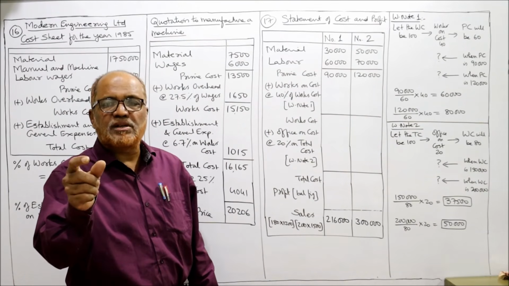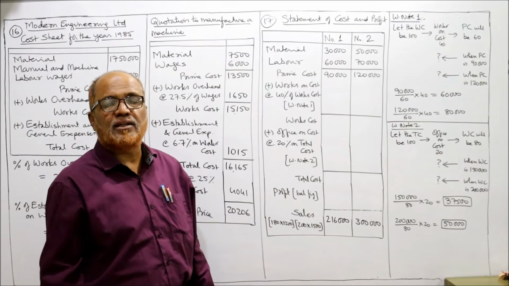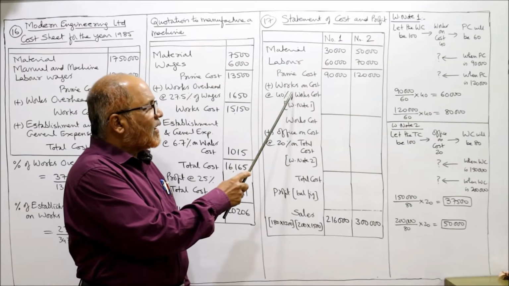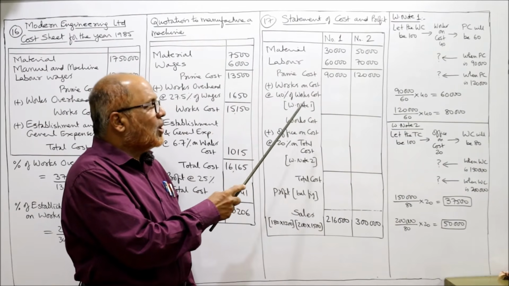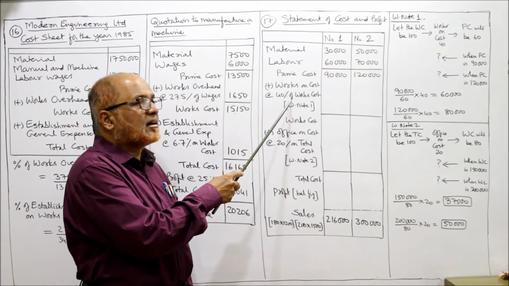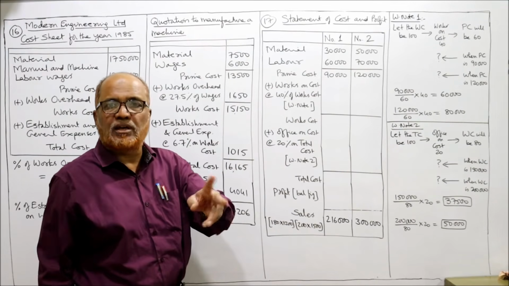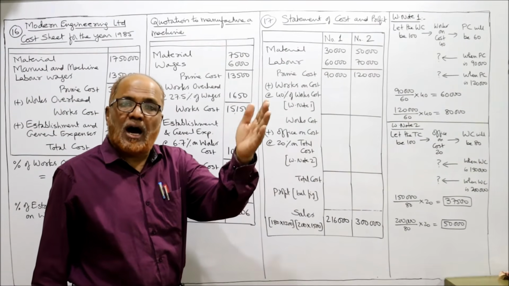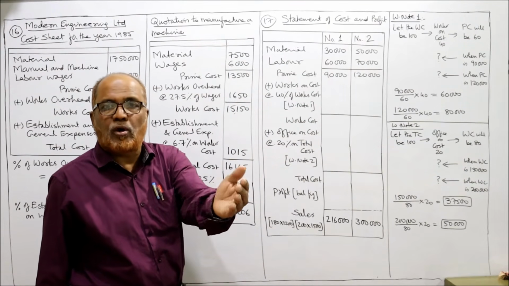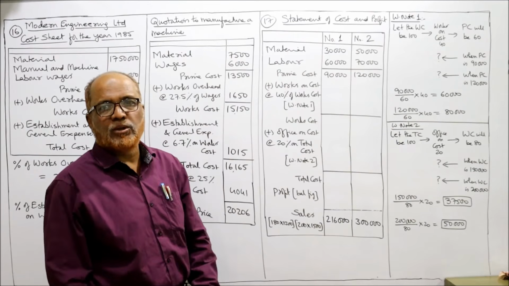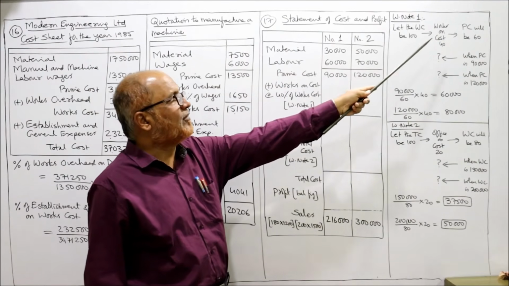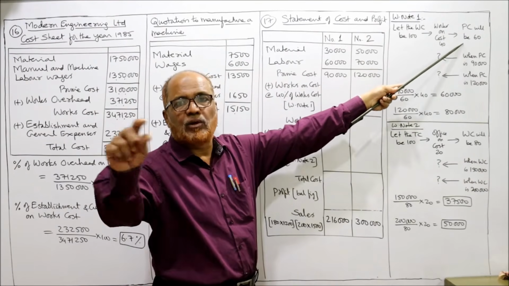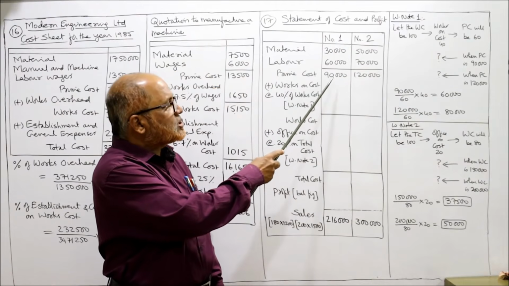और works cost में से works on cost को माइनस कर देंगे तो we will get the prime cost. Prime cost plus factory overhead is equal to works cost, और works cost minus factory overhead is equal to prime cost. इक्वेशन देखिए, अगर prime cost में factory overhead को add कर दिया तो works cost, अगर works cost में से factory overhead को minus कर देंगे तो prime cost. तो here works cost are 100, factory overhead 40, तो 100 minus 40 is 60 is the prime cost. We got the equation.